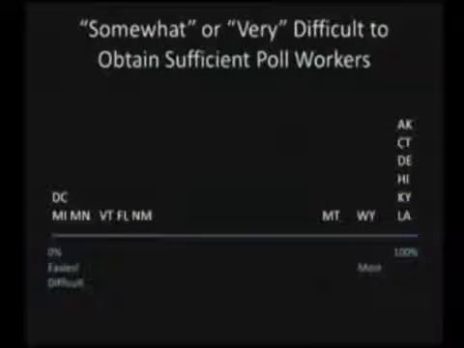One other reason to be skeptical: I just pulled out some example states that are at either end of the continuum. On the left are the states where they say it was easiest to find poll workers. Not a single jurisdiction in those states in 2012 said that it was somewhat or very difficult. DC, Michigan, Minnesota, easy states. On the right, you have the states where every jurisdiction in the state reported that it was somewhat or very difficult to find poll workers. Based on what we know about election administration performance in those states, it doesn't line up nicely with our, at least, stereotypes about which states run elections well and not well.